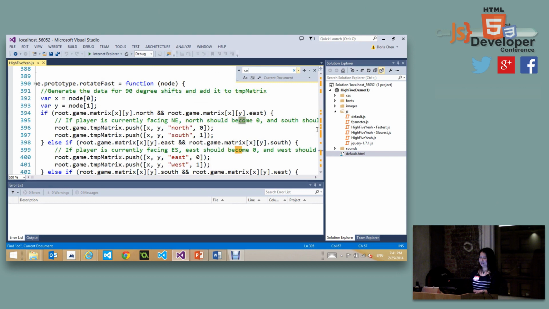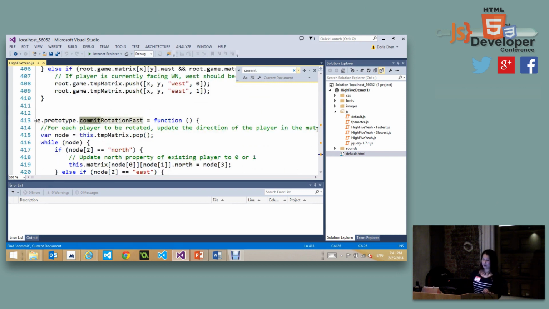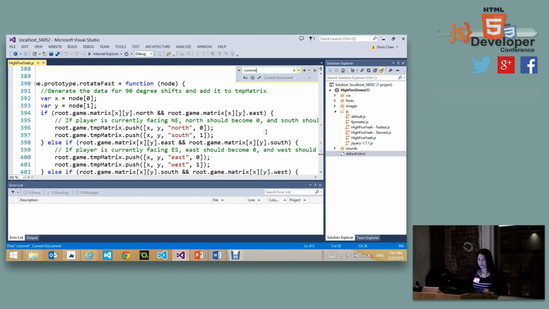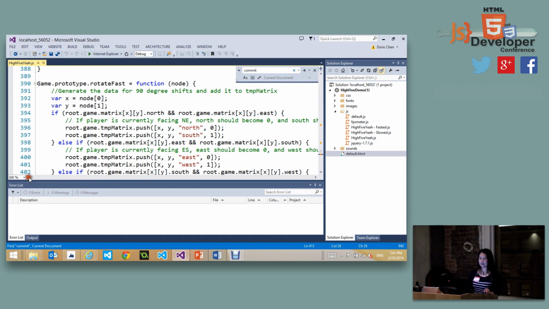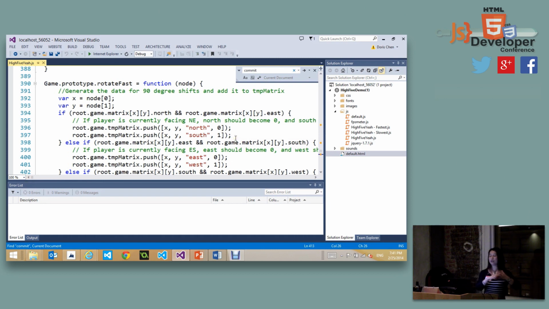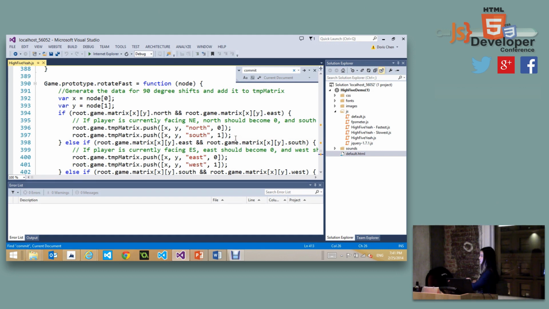So what I want to do is go to rotate fast. I fixed the algorithm a little bit. I'm not going to introduce all those new directions, northeast and so on, because I could simply represent it: if it's northeast, then I know it's either north or south, and the other direction has to be east. I don't have to create anything called northeast, because once you have north-south, the direction is always fixed. It's always east, right? So I'm still using north, south, east, west to represent the property instead of introducing new ones. That's the first step I did.